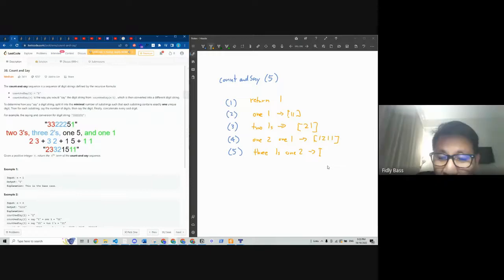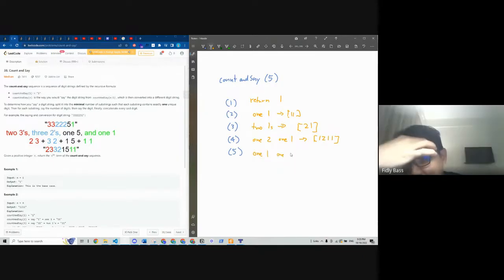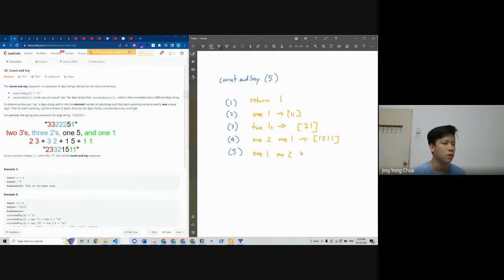Oh, it follows in order. Yeah, in order. Okay, so that means I'm wrong already. That means this one would be 1 1 1 2 and 2 1s.